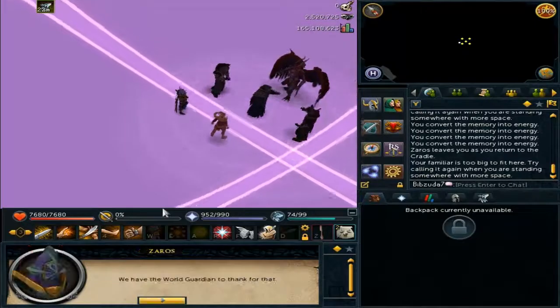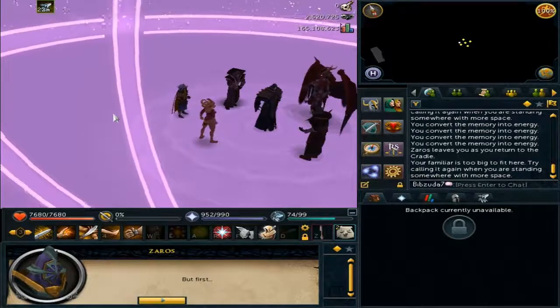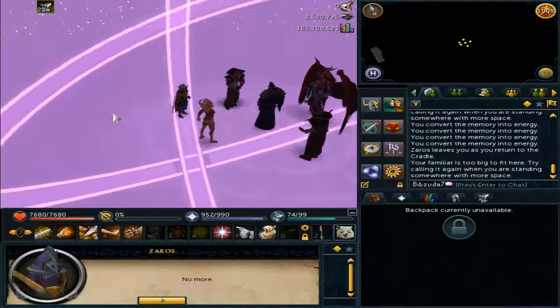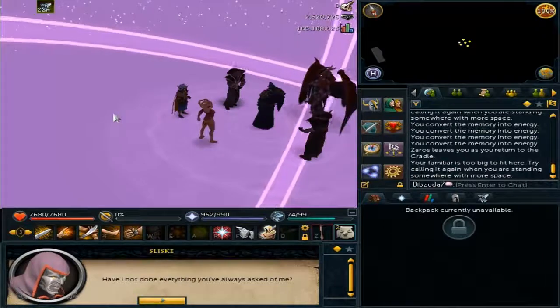Actually, you have Zeros, then you have Slisky, Azzandra, Char from Firemaker's Curse, and the Nex from the God Wars dungeon. So they'll just say a bunch of stuff. You can read it if you like. It's just a lot of lore, and sort of